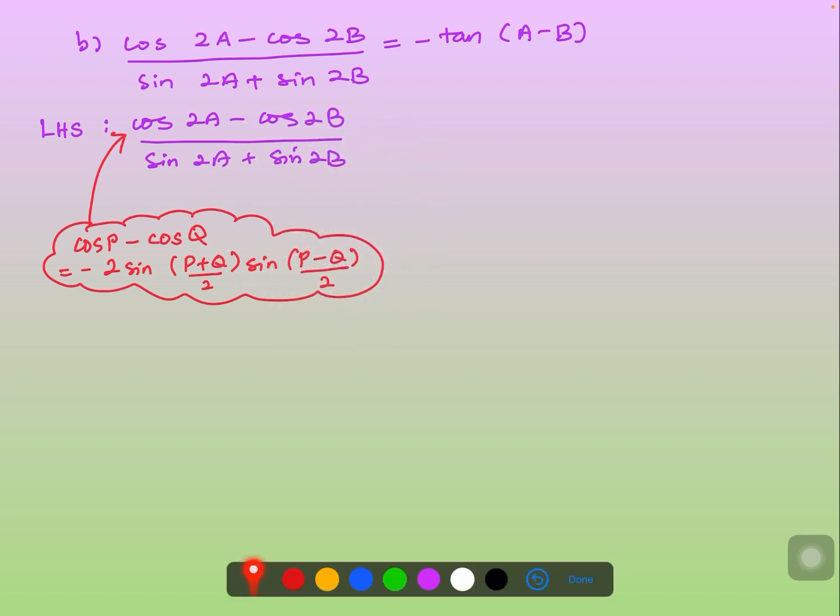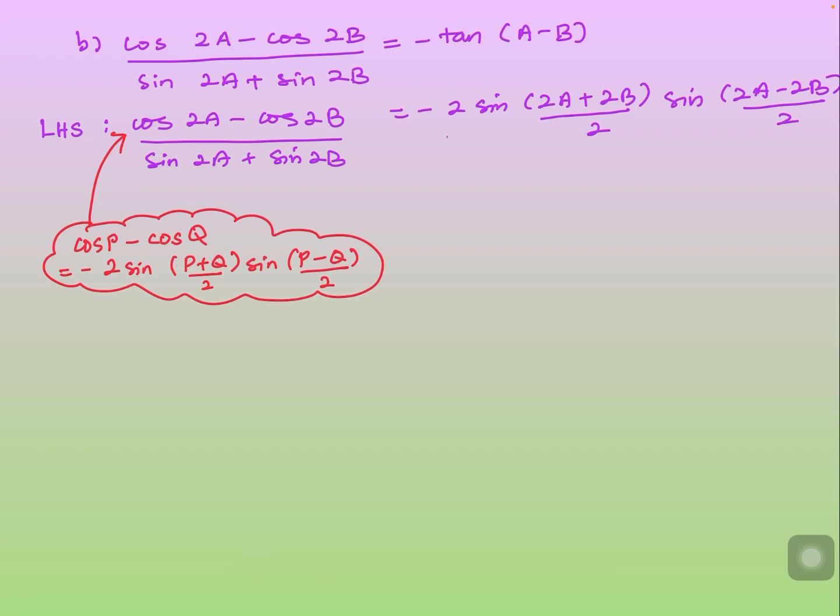So the above one, or the numerator, we can use this formula cos p minus cos q, that is minus 2 sine (p plus q over 2) sine (p minus q over 2). So we have minus 2 sine p plus q, so we have 2a plus 2b divided by 2, sine p minus q, 2a minus 2b over 2, over,